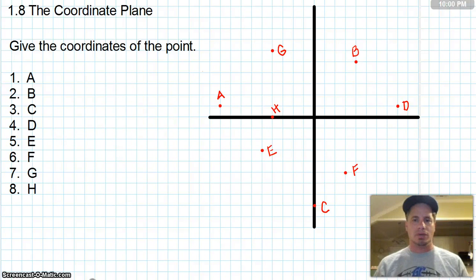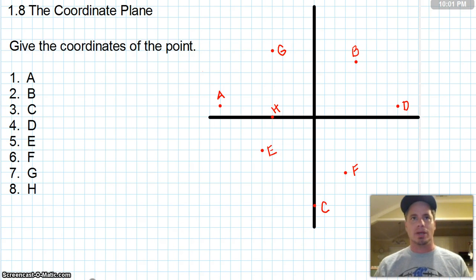Okay, tonight we're going to be talking about 1.8, the coordinate plane. This is the last section in this chapter, so that means a test is right around the corner. This is a review for you, basically. You won't learn anything new today. Maybe you may see some things that are new, but there'll be a few things that we need to do just to remind us of what we should